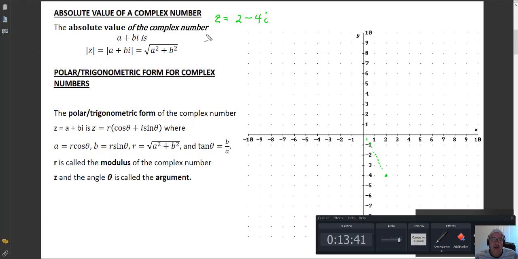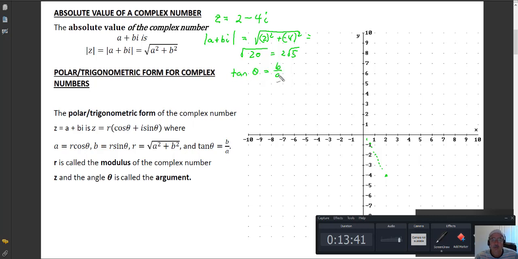So once again, I'm going to find the absolute value of a plus bi, which is really that distance I have down here. And once again, I'm just going to say, well, that's pretty easy. It's going to be using the distance formula, the square root of 2 squared plus -4 squared, which will give me the square root of 4 plus 16 is 20, and that will simplify into 2 times the square root of 5. All right, tangent of theta